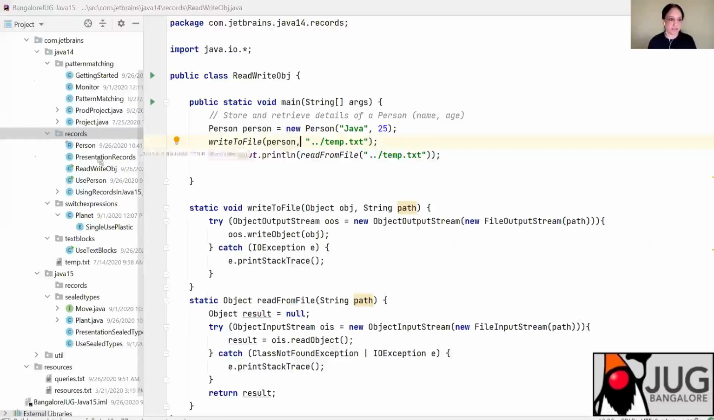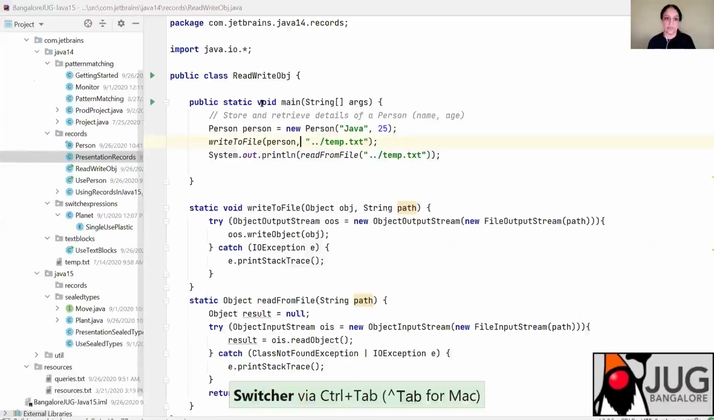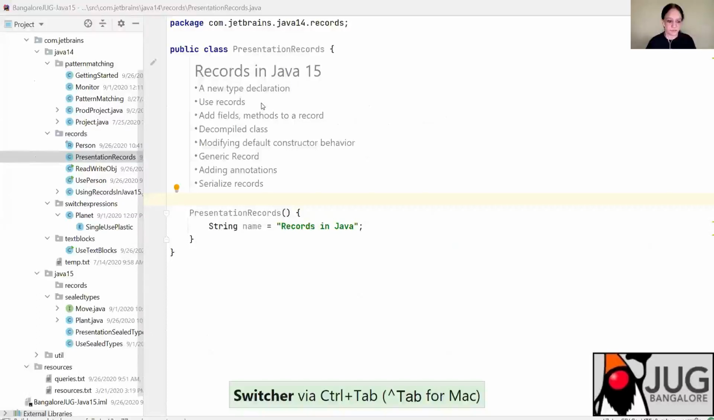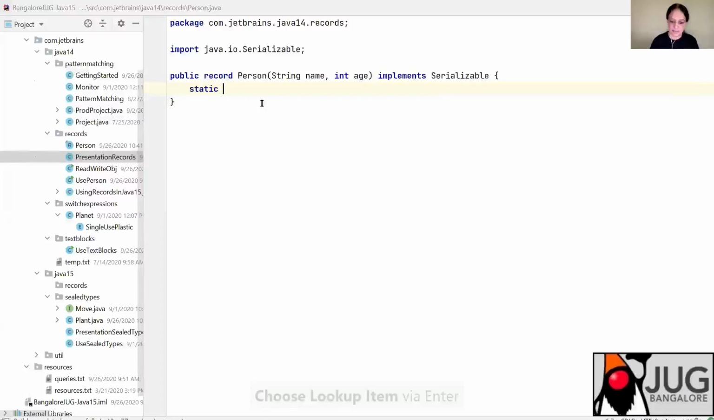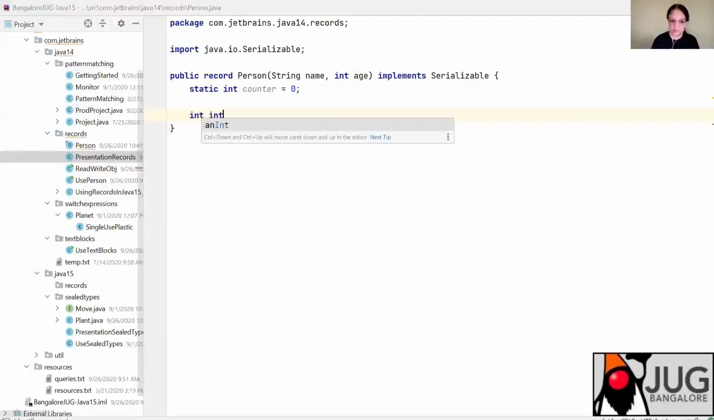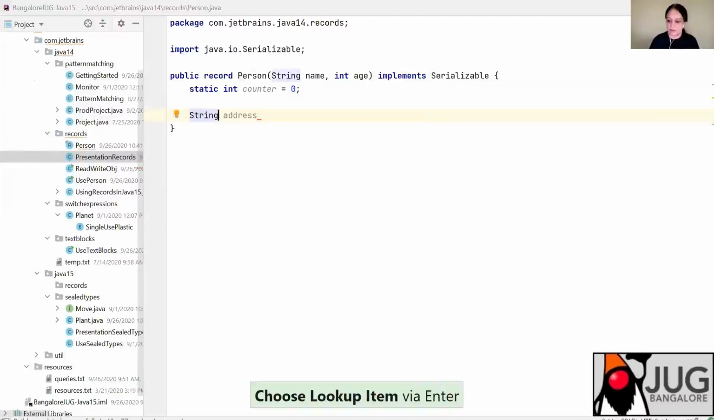What else can I show you? Okay, so can you add fields to it? Yes and no. You can add static fields. I could say static int counter is equal to 0. So this is allowed, but I cannot say static int address, that should be string address. So this is not allowed because we are trying to create a record where the state of the